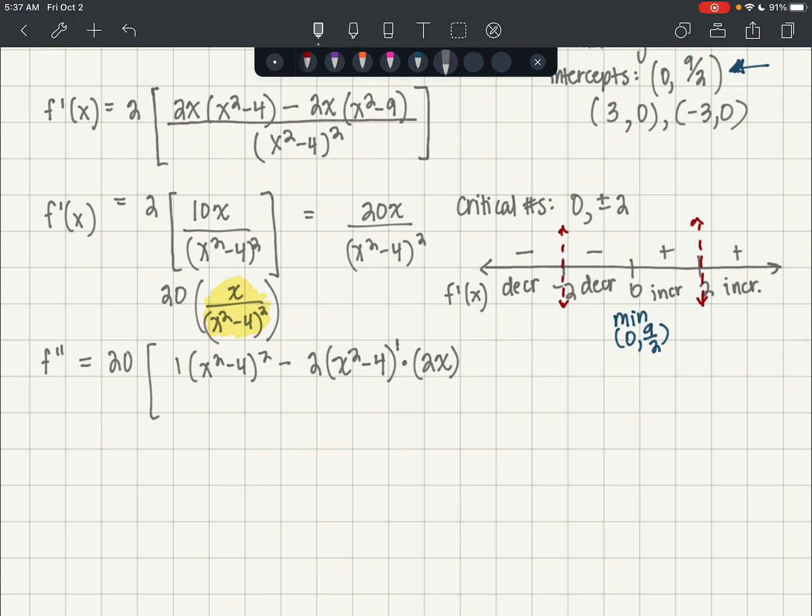That's the derivative of the denominator times the numerator, all over the denominator squared, and when you square a square, you get the 4th power. So we're going to have 20 on the outside, and I'm going to have x to the 4th minus 8x squared plus 16 minus,